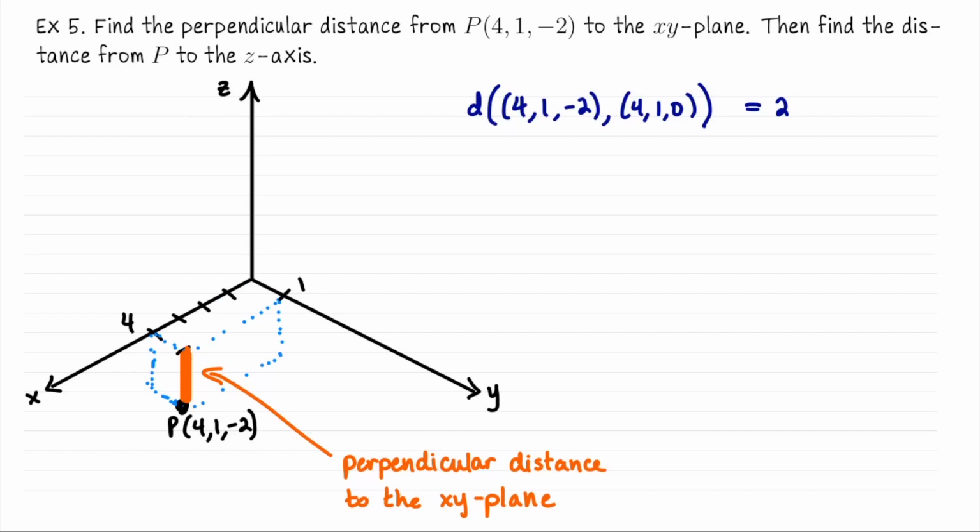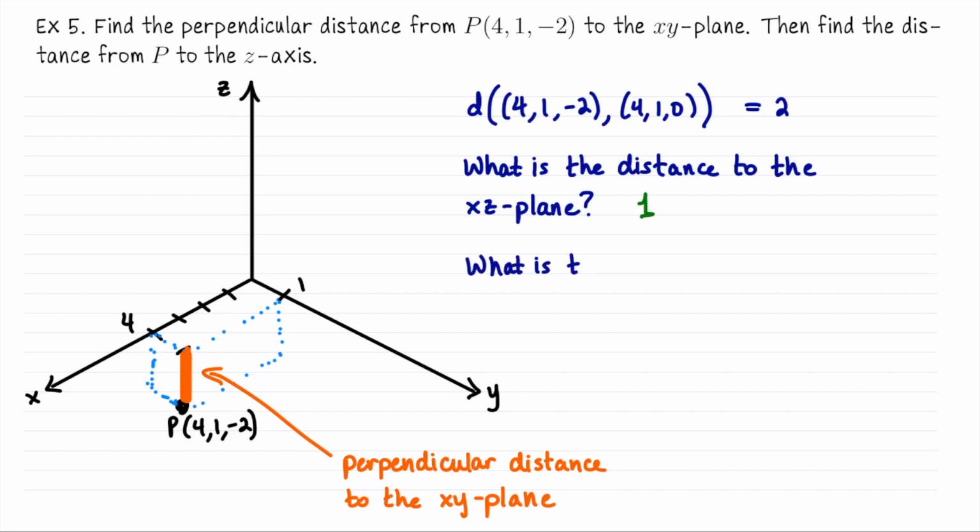Okay, so that's what we mean by perpendicular distance from, say, a point to the coordinate plane. Kind of imagine dropping it straight over to the coordinate plane in the shortest way that you can, which means zeroing out the relevant coordinate. So to get from this point to the xy plane, we would zero out the z coordinate. What would be the perpendicular distance to, say, the xz plane? To get to the xz plane, this kind of plane over here on the left, we would need to zero out the y-coordinate, which would involve traveling 1 unit from y equals 1 back down to y equals 0. So that distance would be 1.